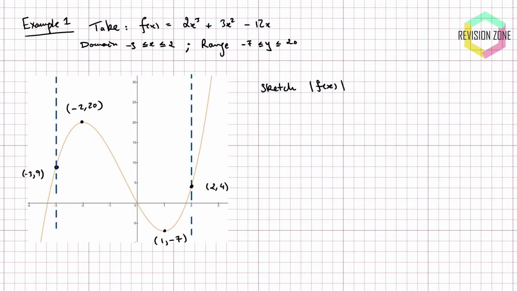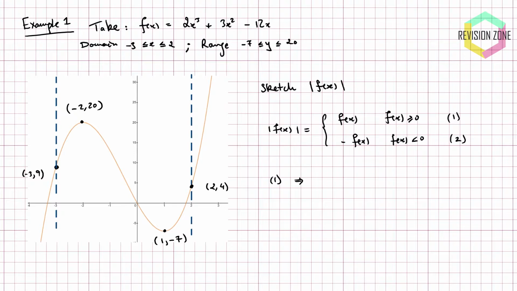So we are asked to work out the sketch of the modulus of f of x, and this is fairly straightforward because we've already seen that, by the definition of the modulus function, this is going to be the same as the function f of x whenever f of x is non-negative, and it's going to be negative f of x whenever f of x happens to be negative. So if I label these branches 1 and 2,